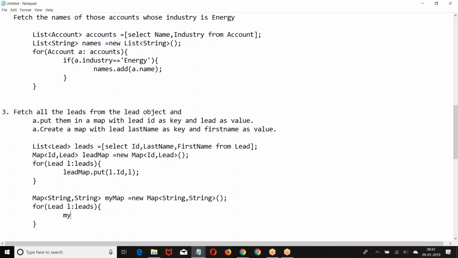My map.put, l.LastName. I hope you are good with this. People are good with these examples. Clear for everyone? That's all from my end for the day. We'll continue to